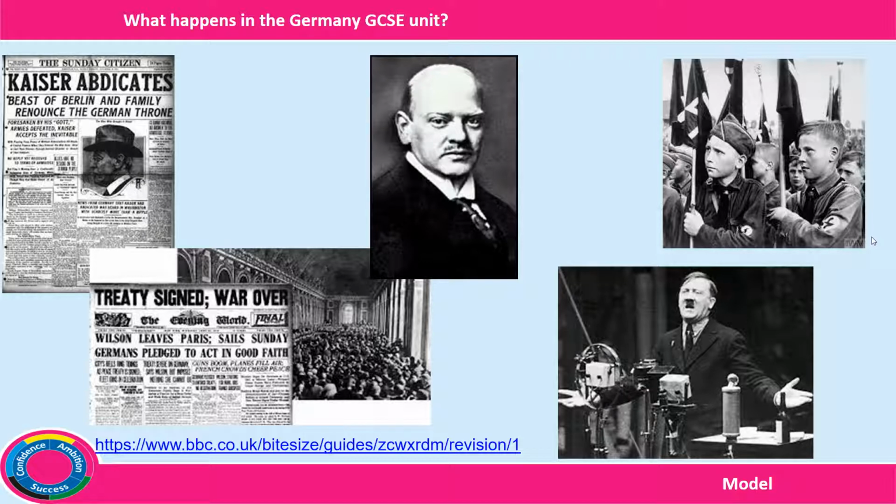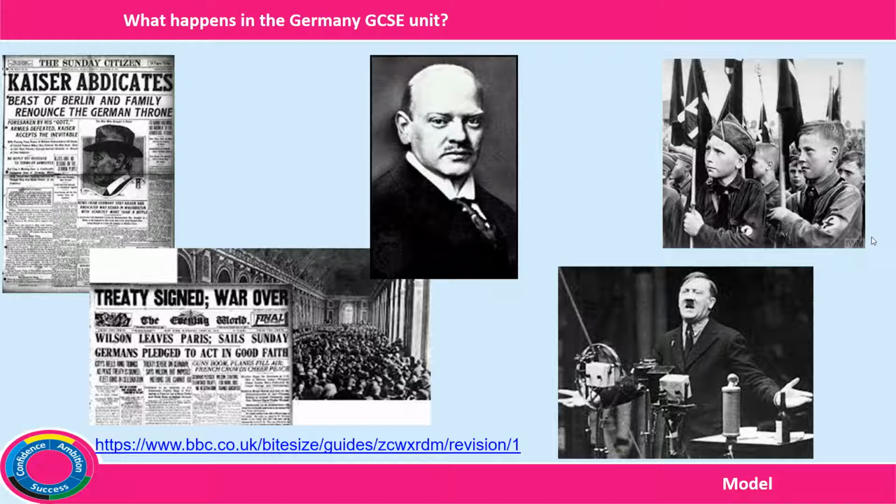We also then looked at the impacts of World War One on Germany. After World War One, of course, the Kaiser abdicates, which leaves the government without any clear authority, leaving a fragile country in the hands of the Allied powers as they sign the Treaty of Versailles. As we know, many Germans are incredibly angry about the signing of the new treaty. They feel that the new government is stabbing them in the back.